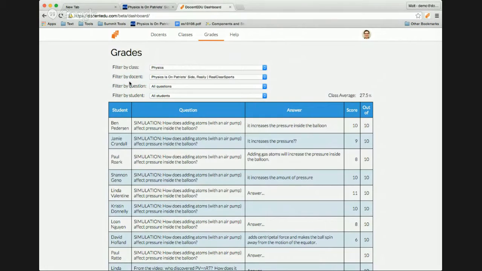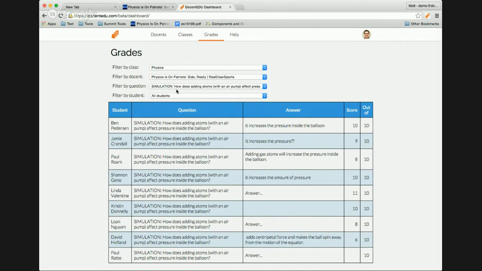And this is one of the really great things of DocentEDU, just one of the things that really makes it easy for grading, is that you can grade either by question or you can grade by student. So if I really want to grade by question, right, because there's certain questions that you're going to ask over, it's like if they understand that, a good chance that they understood these other concepts. And so these are kind of like the main ones. And if they didn't understand it, then we'll kind of dig down a little bit deeper in their responses to